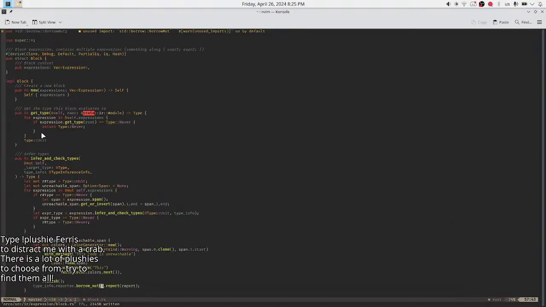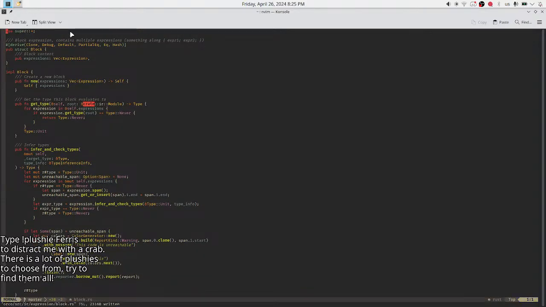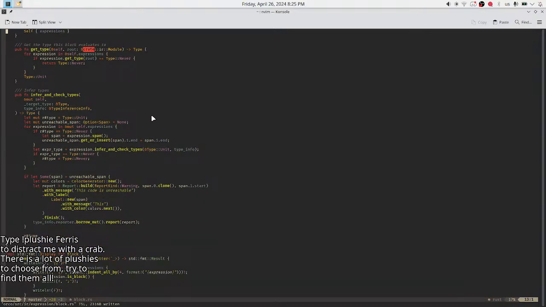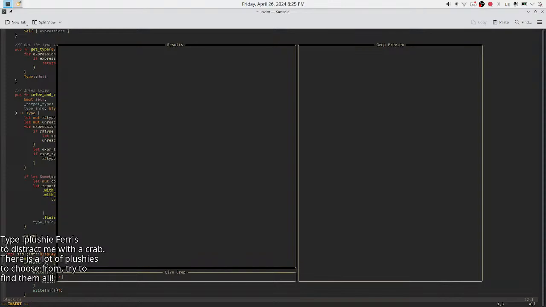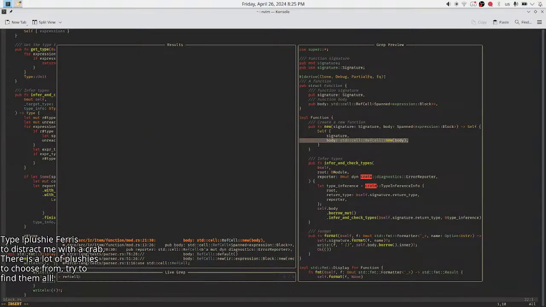And now I made the whole type inference not multi-threadable at all with this one ref cell. And I actually wonder where other ref cells are. Oh, in function body actually. I maybe should fix this.